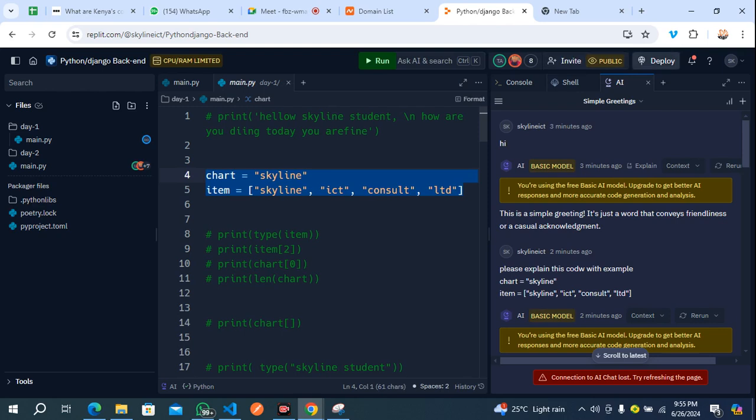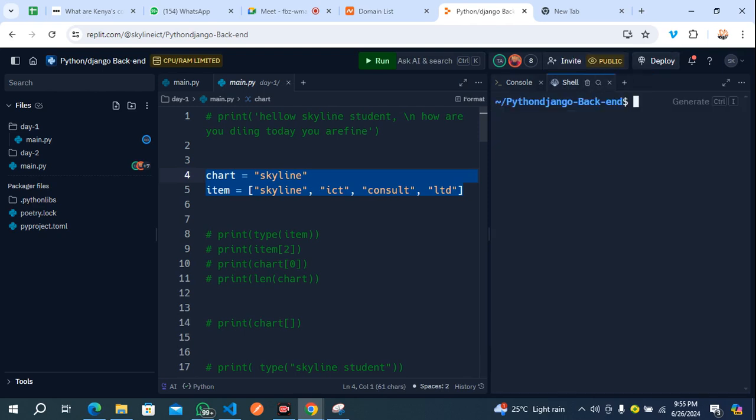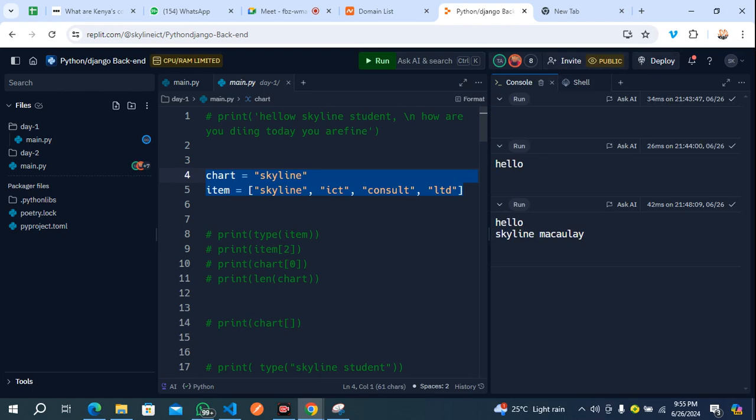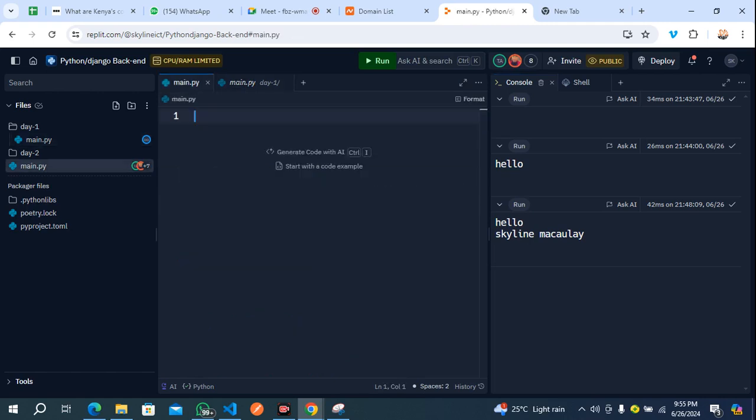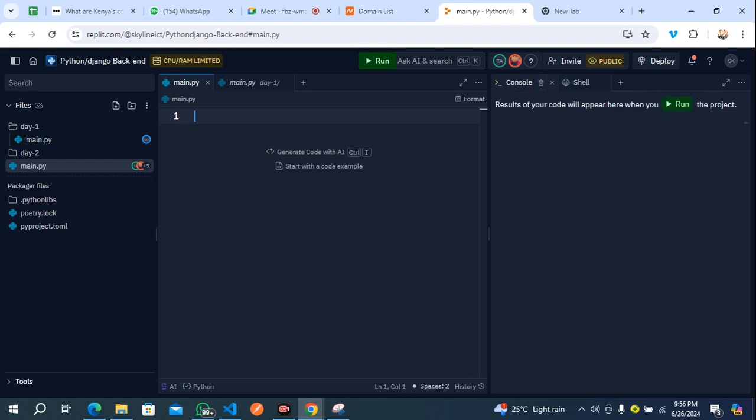Let me close this and come back to our shell, our console. All right. Where are we starting? This, right? Like I was saying earlier, in every programming language, there are functions that will help you view whatever you are writing.